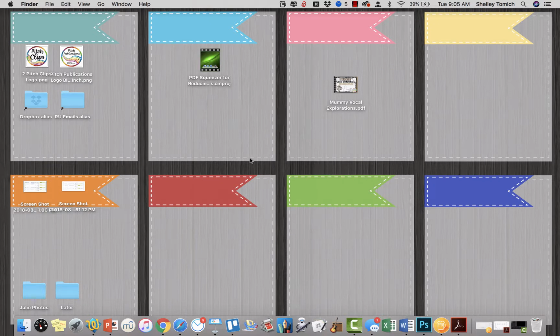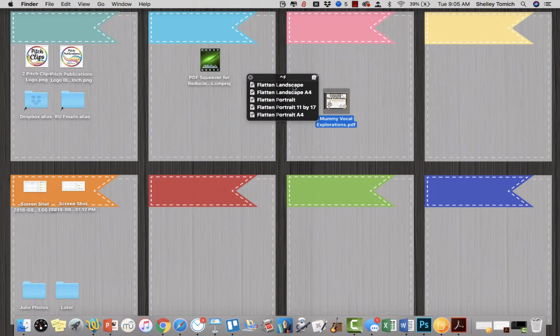So I'm going to show you the most magical program ever. If I have my exported PDF and I want to flatten it real quick, I could literally use a keystroke and it's going to pull up my predefined things. And what it's doing, you can see up here, is running through my Automator process to flatten,